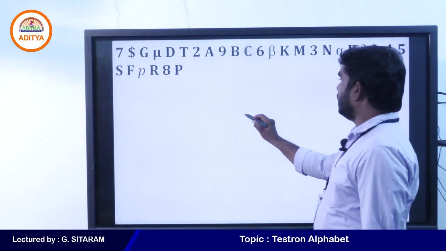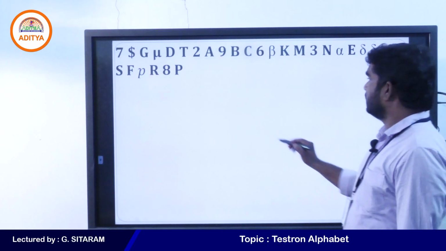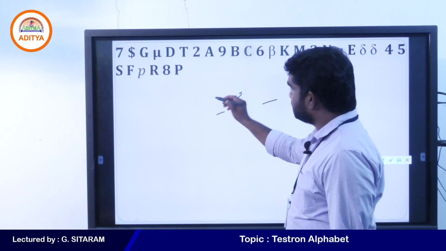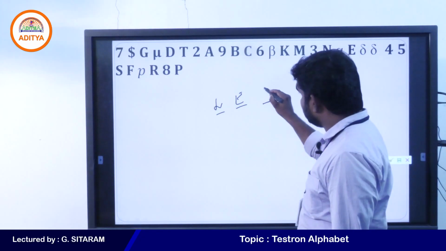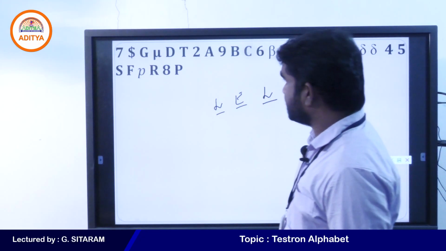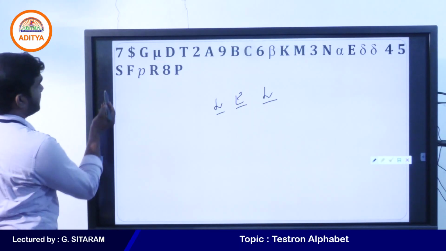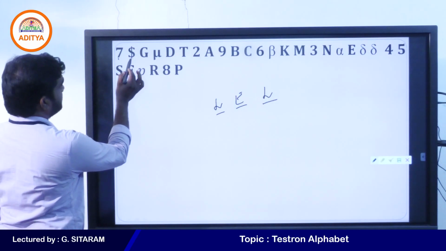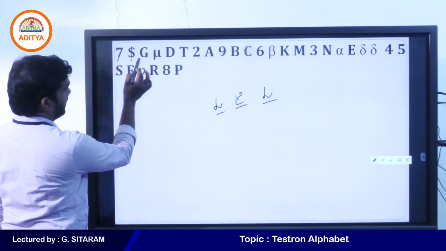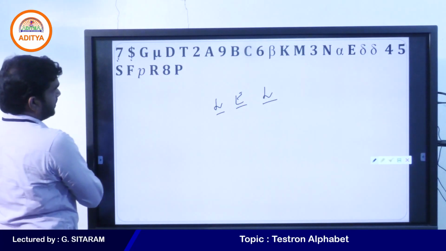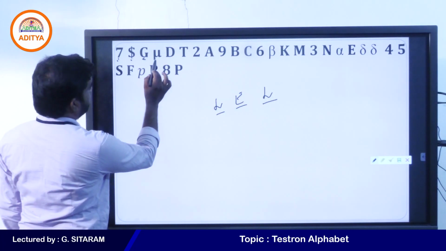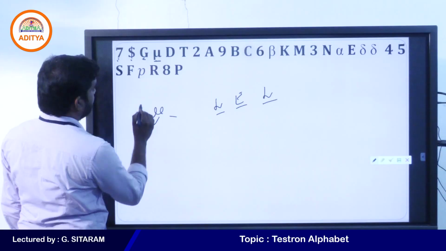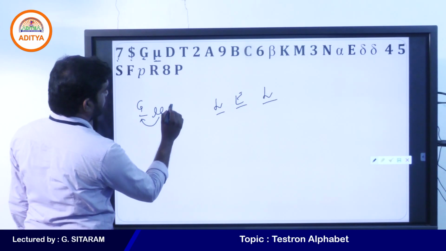Just repeating the question: how many such elements are there which are preceded by a letter and followed by a letter? You can take the letters and count them down. Suppose this is the element, before that you don't have any values. This is the element, before that there is a digit and after that there is a letter. You can't take the dollar also. Here you can take mu, the symbol. This is the element, before that you have a letter and after that you have a letter D.